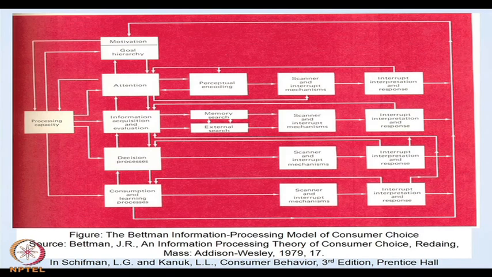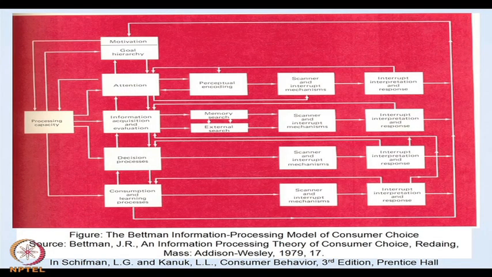So, consumer decision making is a complex process. Information processing capacity is limited. Consumers often rely on external and internal sources of information, but they always try to look for strategies and methods that can simplify the decision process. They always look for mechanisms where they would have to put in less and less effort to search for information elsewhere. They rely on their perceptual database, they rely on their learning, they rely on their experiences,